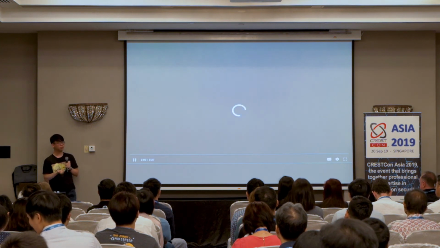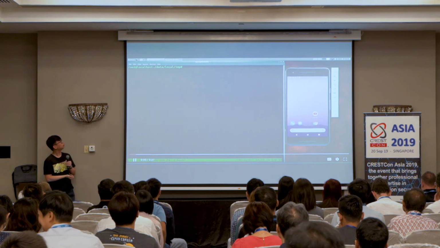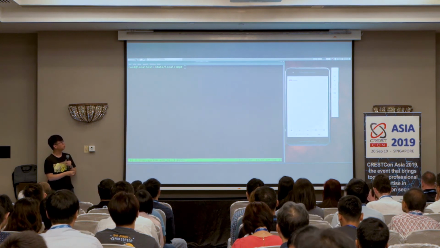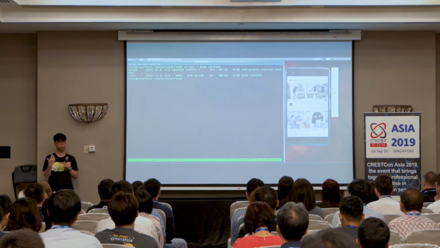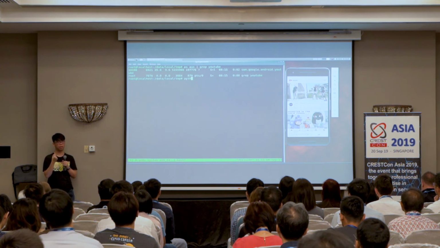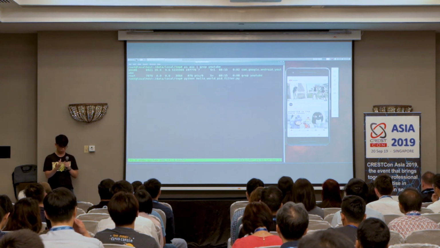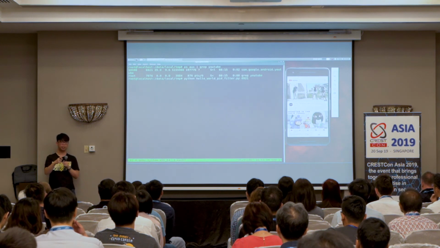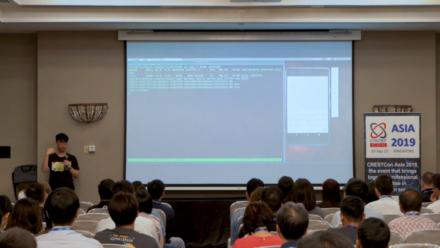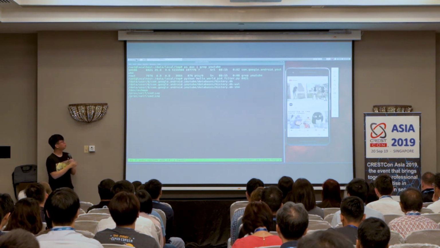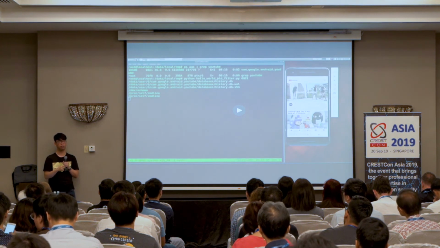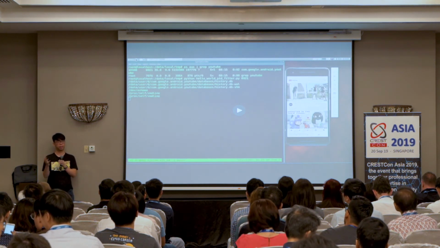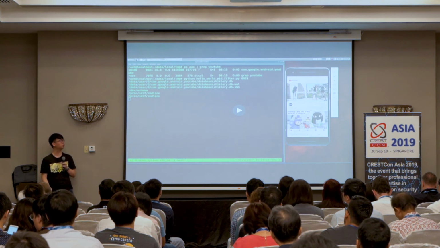So if I run the Python script now, you see that I'm launching the YouTube application. So what I'm doing is I'm doing a ps and grep to find out the PID of the YouTube application. In this case, it will be 6921. I'll pass that PID into my Python script, which will start doing the syscall tracing. And you can see that it only starts printing out the file names that are related to the YouTube application. So in this way, you can do very specific filtering on what exactly you want to trace. Do you want to trace one application? Do you want to trace multiple processes and so on?